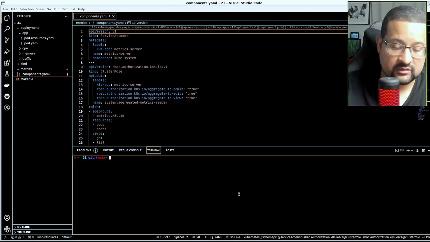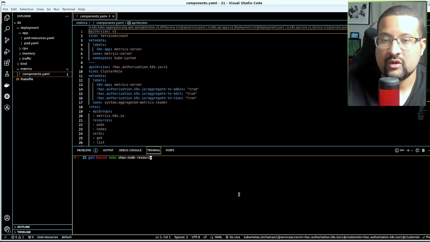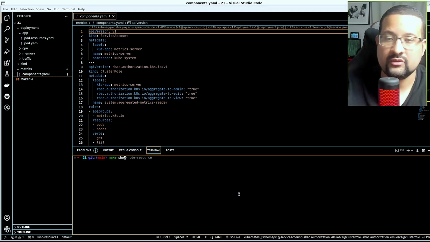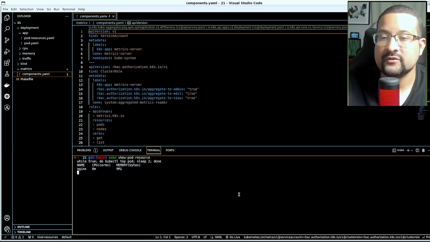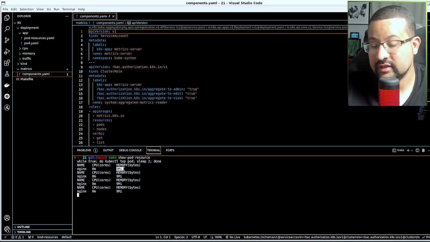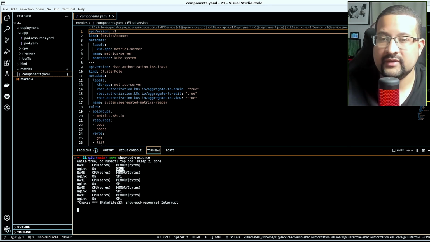So let's again make show pod, make show pod resource. So you can see you have the 1M for CPU and 9 for memory. So you can think about